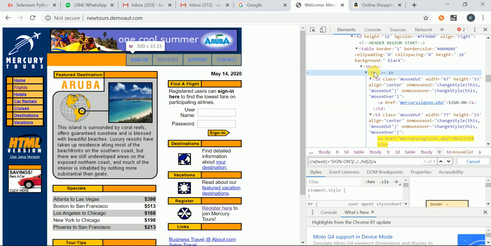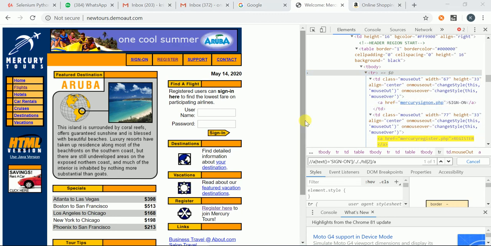For this tr, the anchor tag is an indirect child, not a direct child. The td is the direct child, and the anchor tag is an indirect child, a grandchild. In the grandchild case we need to use the double slash. For a direct child you use the single slash. But double slash will work for both direct and indirect.